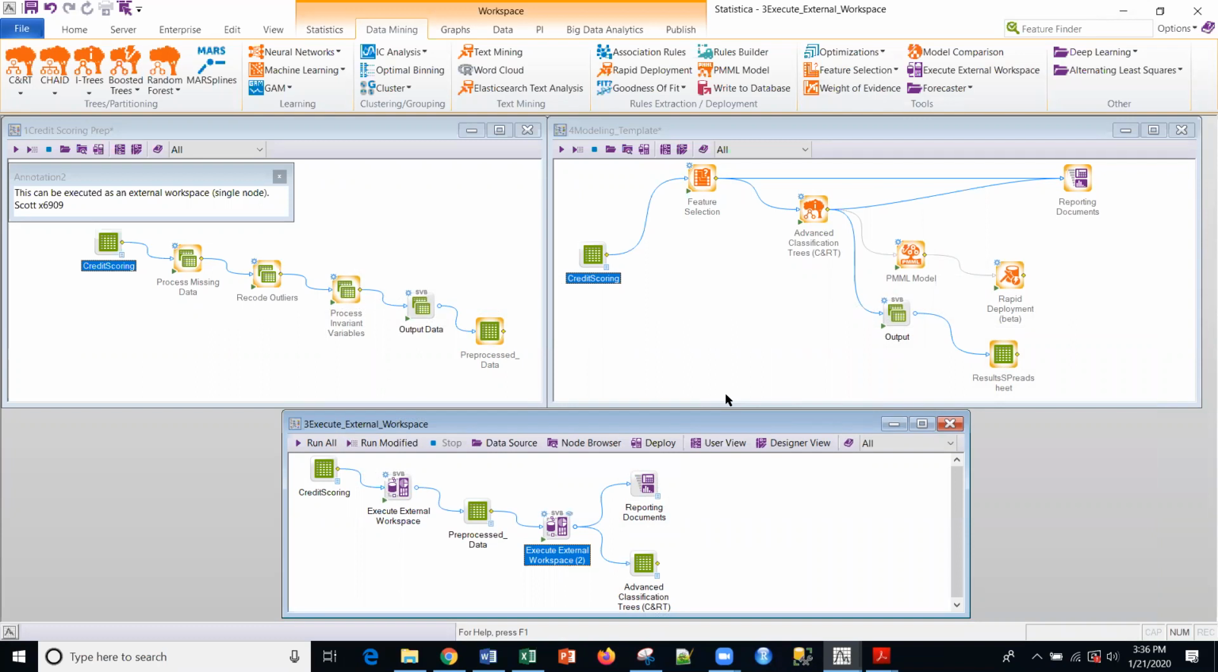So anyway, that's just one way that you can perform data science